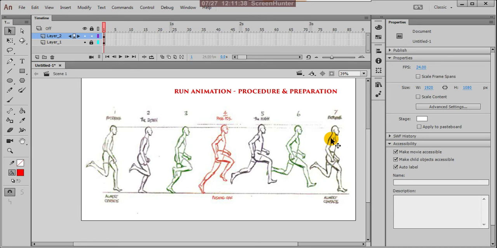Then between this pose and this pose you have to create the middle pose, the middle finger, which is called the passing position. Okay, so exactly between these two we create this. The procedure: first we create this, then we create this opposite-legs version, the same pose. Between the first and the last we create this.